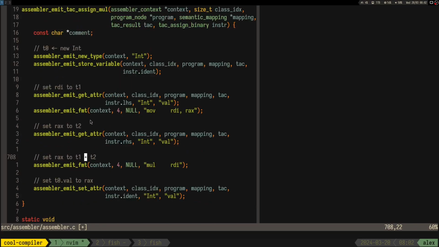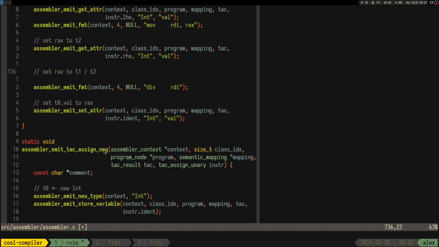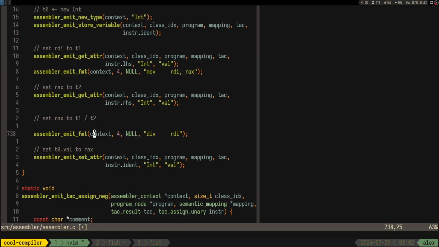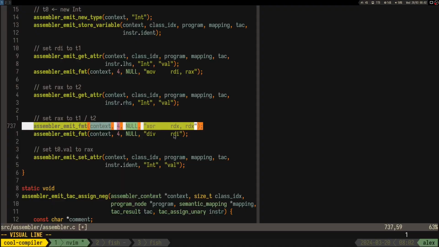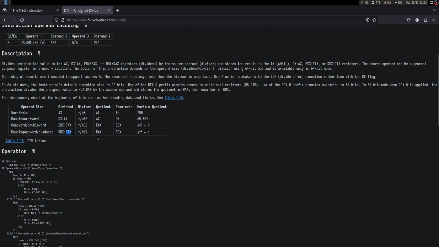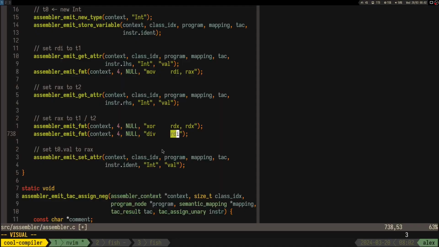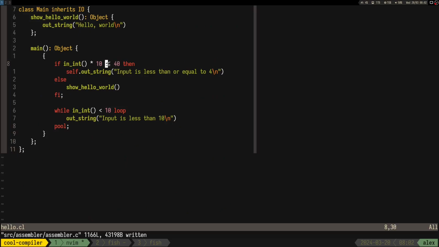Let's say this is division, this is multiplication. So we might need to XOR RDX, for this part. We have stuff in our AX and we want to divide with RDI. So we are going to get the quotient in RAX. So that should work. So if we divide this by 10,